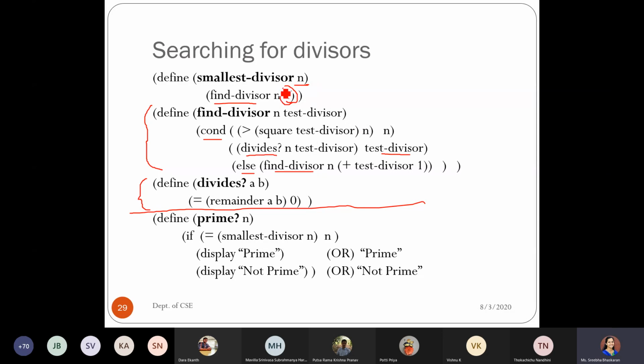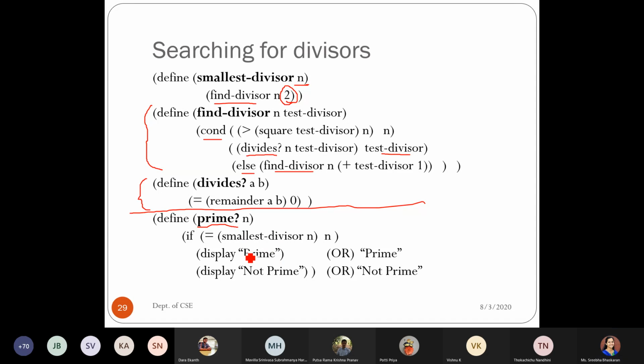So first I have defined the smallest divisor procedure, where I'm calling find divisor just to check if any divisor exists. After that, I have defined a smaller procedure, the divides procedure, which will return true or false. Next is the main procedure, because whenever we pass it to the user, we name the procedures with respect to their content. So I have defined a procedure called prime, and I'm asking the user to enter the n value.